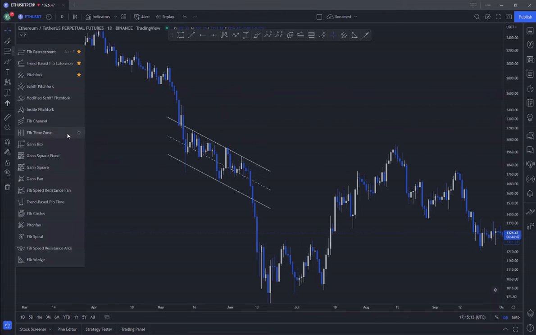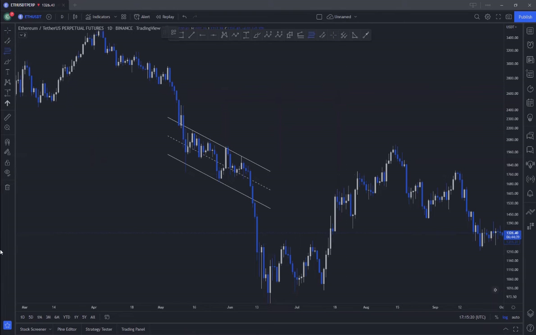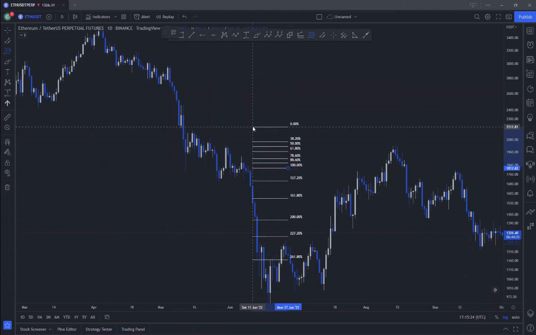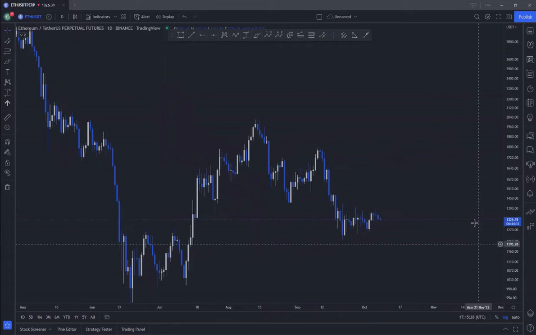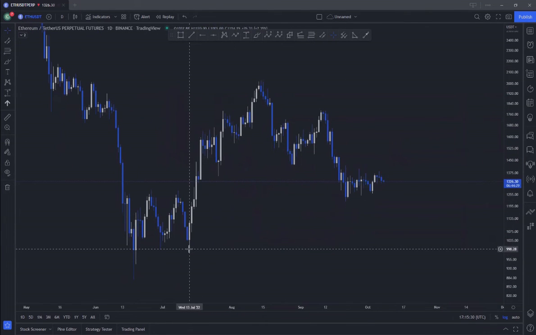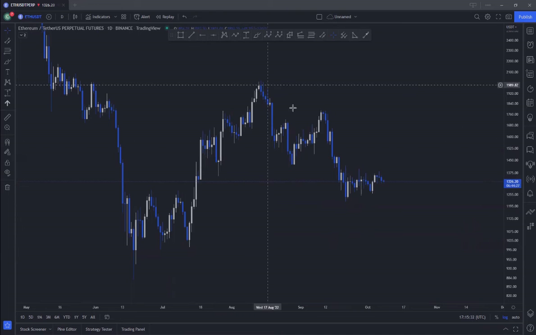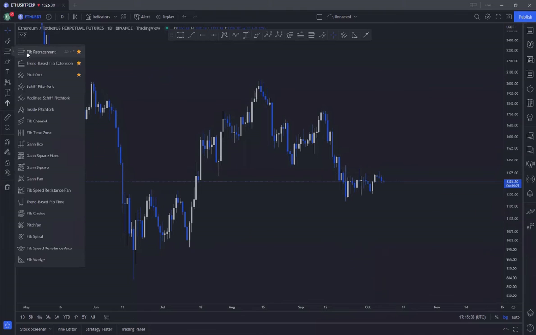After that, when we go to advanced things, then we will study Fibonacci retracement, trend-based, pitchfork, and these things. Simple Fibonacci retracement shows us how much retracement there is. Like if I want to see from here till here how much correction price has taken,